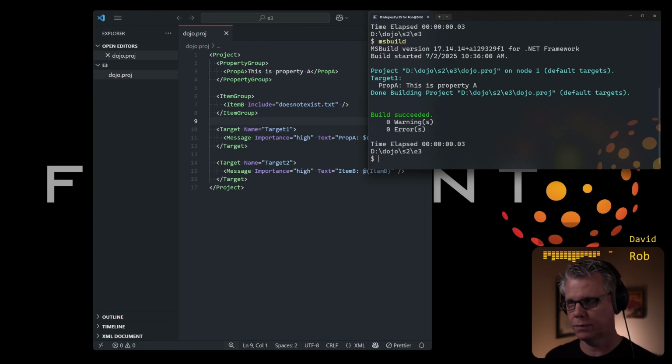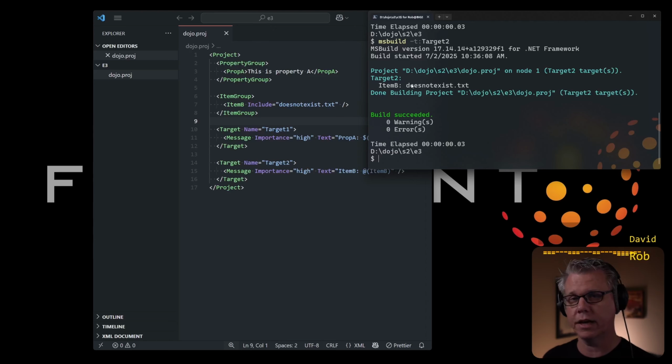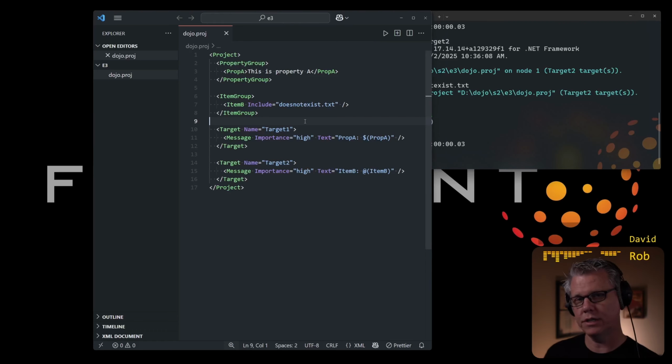Target 1 runs first. And we can specify on the command line, let's run target 2 because I want to see the value of item B. It comes out and it tells me item B is a value that I put in it, does not exist.text. There we go. Fast forward. We now have a somewhat, arguably, interesting